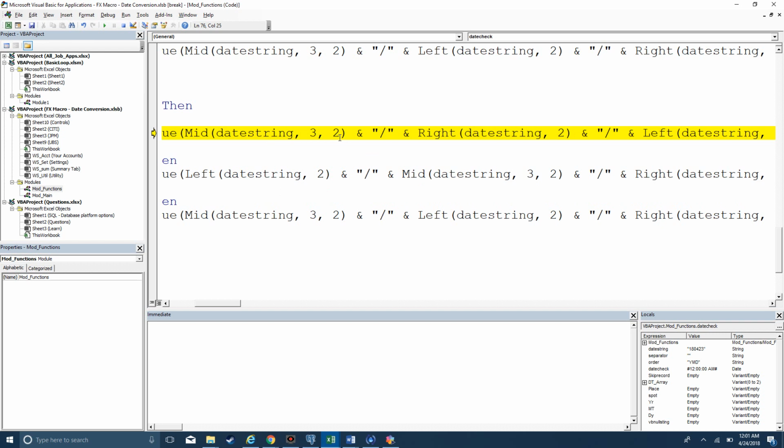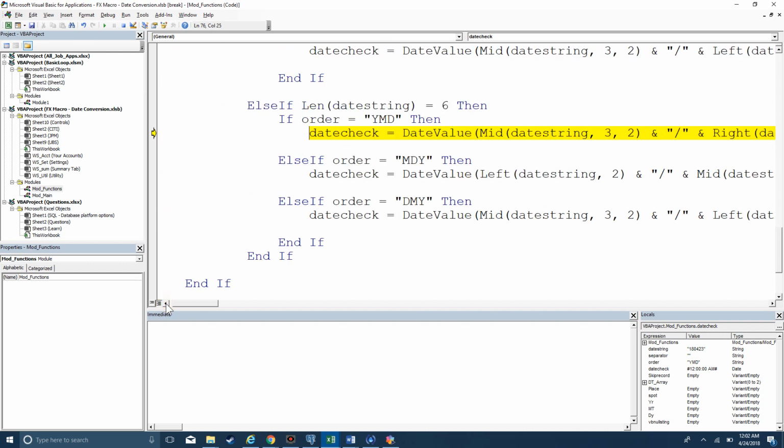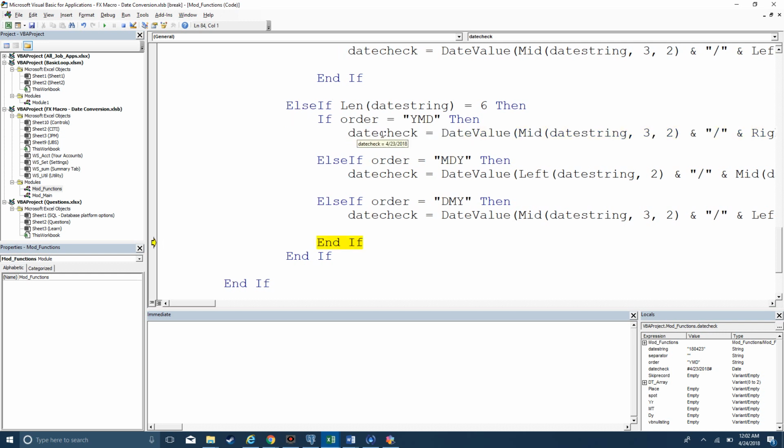So I'm using the concept that I know the order of the string and I can extract substrings and then connect them with the concatenate as well as the separator, dash or slash, and then insert it into the date value function and pass that result into the date check variable, which is the name of our function. And the variable type of our function is a date. And so what I end up with here is I go from date string 180423 to having a date value